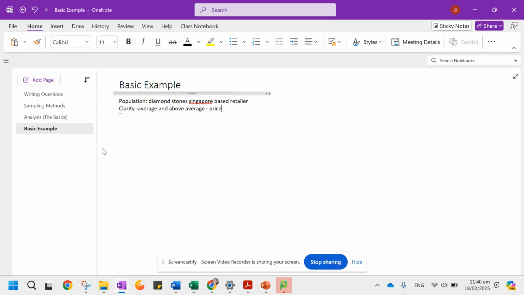Which one do we think is going to cost more? It's going to have the higher price, the average or the above average? The above average. Okay, so we think above average equals more. So that bit of information there would not stay in your report. Okay, that is just your brainstorming, so that you've got all the bits that you are then going to put